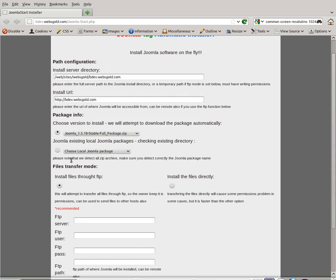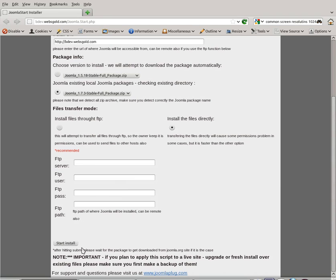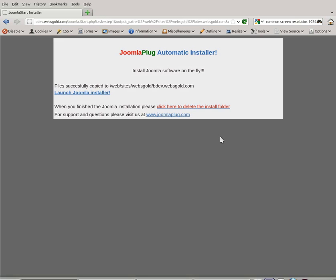What we want to do here is choose a local file, choose the 1.7.3 package that we uploaded, and tell it to install the files directly. And then we are going to want to start the install. Now, depending on the speed of your server and the configuration, it'll take a little while for this to come up. If it doesn't come up, that means the permissions on your folder were not correct, and you're going to need to change the main